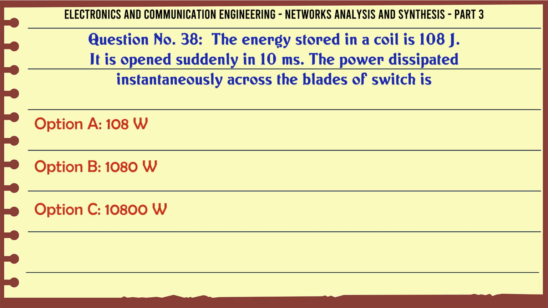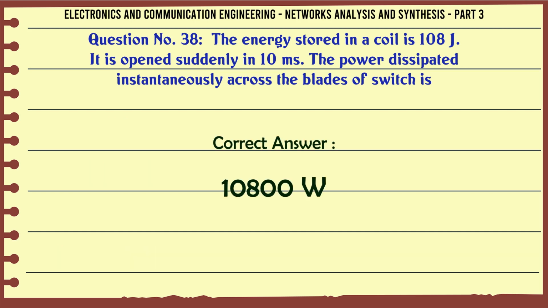The energy stored in a coil is 108 J. It is opened suddenly in 10 ms. The power dissipated instantaneously across the blades of the switch is: A 108 watts, B 1080 watts, C 10,800 watts, D 108,000 watts. The correct answer is